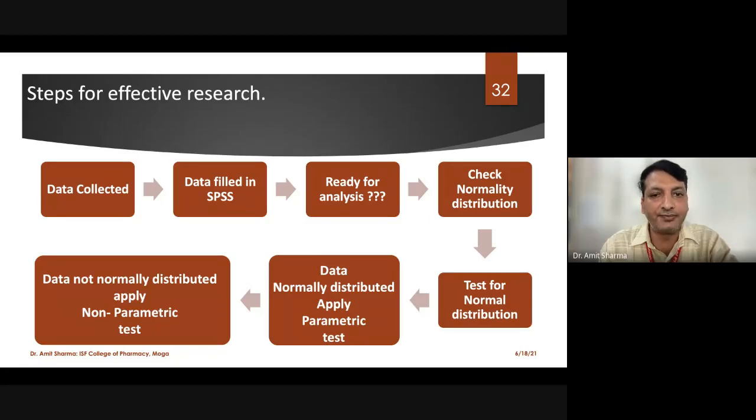Once we have collected all the data, for example, you are performing your experiment in the lab, and you have collected the data. Now, how to proceed with the research? Clear? Different software are available in the market. For example, the software which is most common, which I'm using and suggesting to all my students and followers, is SPSS.